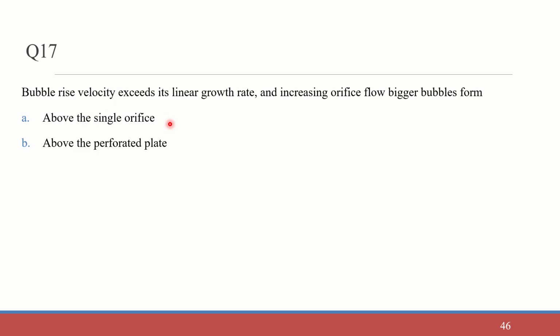Options: above single orifice, above perforated plate, above a nozzle tuyere, none of the above. So we have seen that bubble rise velocity exceeds its linear growth rate and further increasing the orifice flow, bigger bubbles form. This happens with